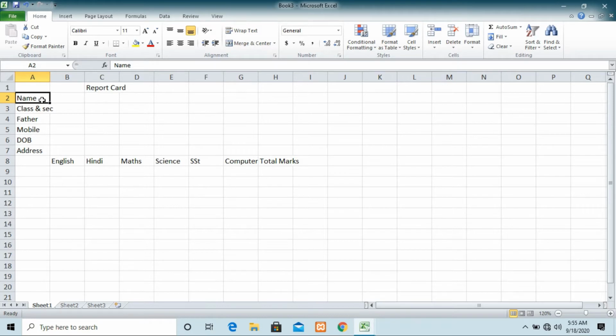Then it will show you the cursor after the content. Here the name is already written. If you double click on that, it will show you the cursor after the name. Fine, you can do this again.